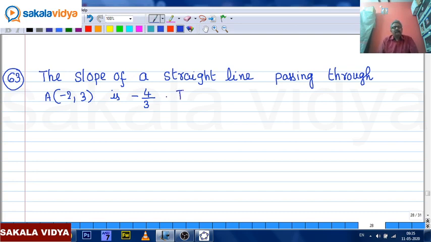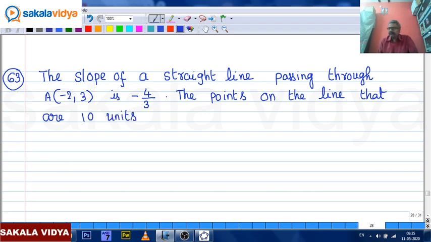The points on the line that are 10 units away from the point A are: